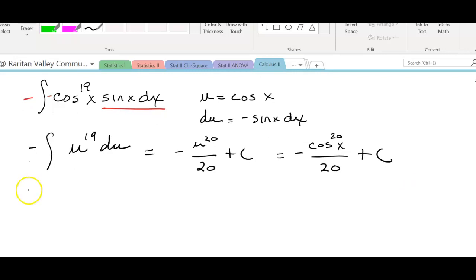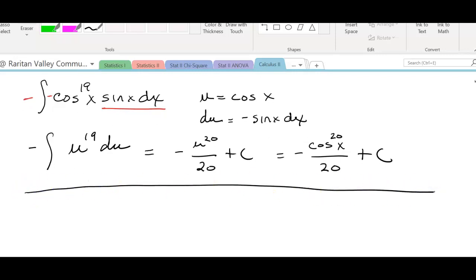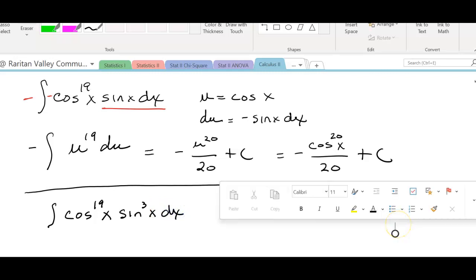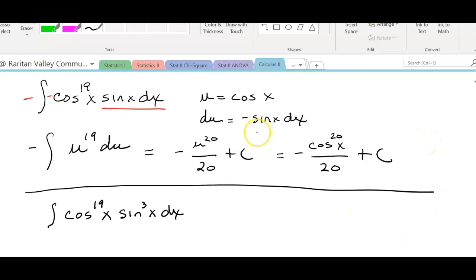All right. That was nice. So what happens now? Go back to the 19. I like 19. Let's go to 19. I change that, and instead of the sine, it now is a sine cubed x dx. I want you to recognize that if I try to let u be cosine, I do not have the derivative of u. No, I don't have a sine, I've got a sine cubed,